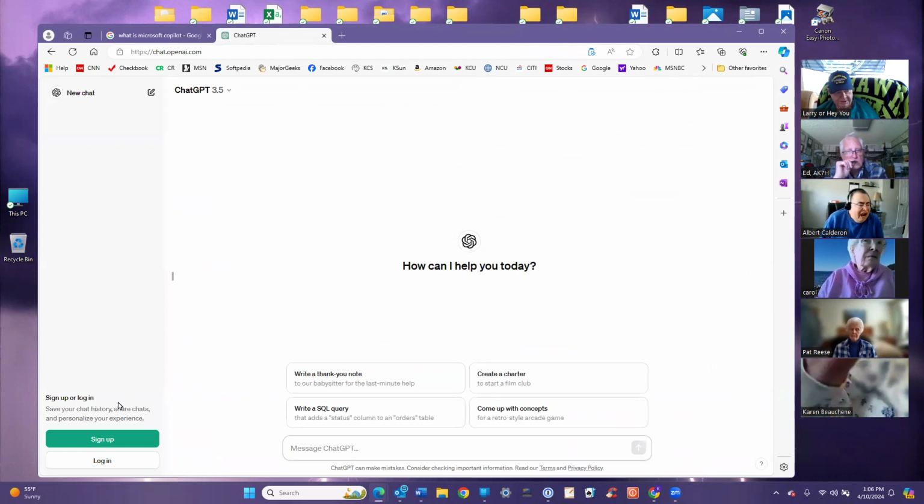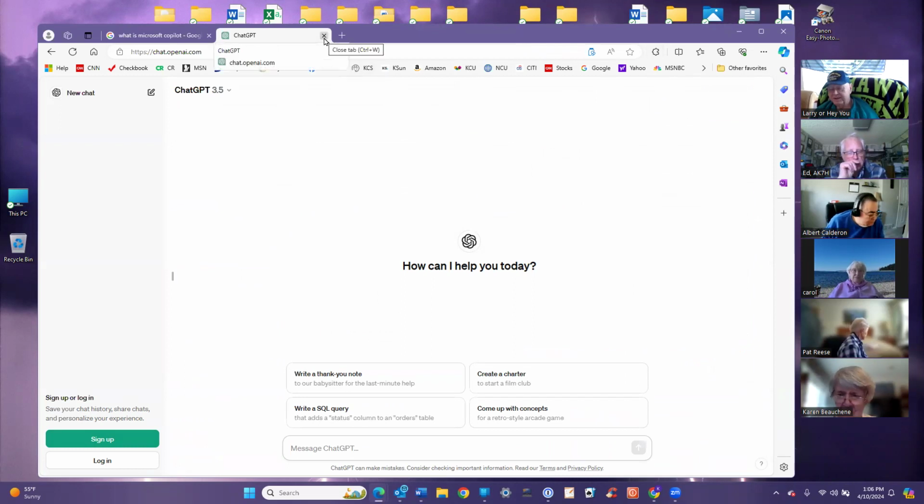I don't have a sign in or sign up, so I'm not using ChatGPT, but you can get to it and you can sign up for it. It doesn't cost anything to use. But that's the comparison. If you want everyday look up things, you can actually use either one. One may have good things over the other, but I can't be specific because